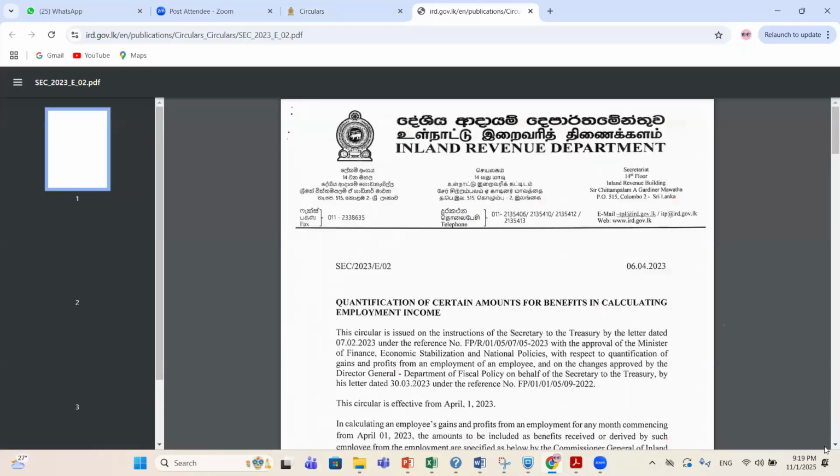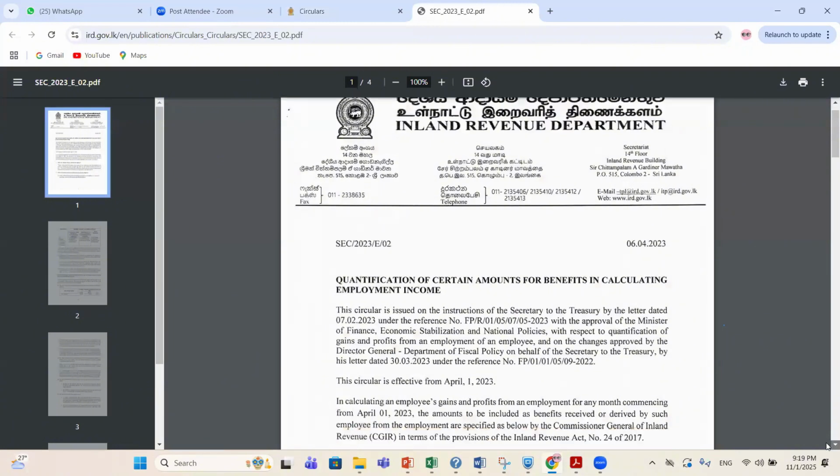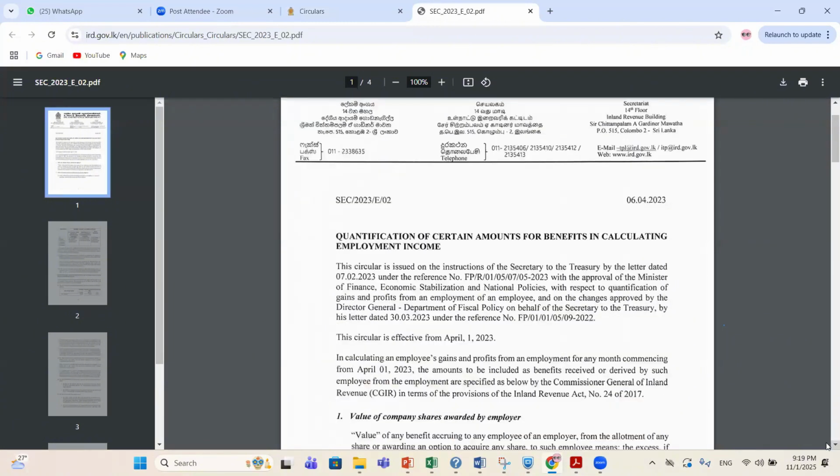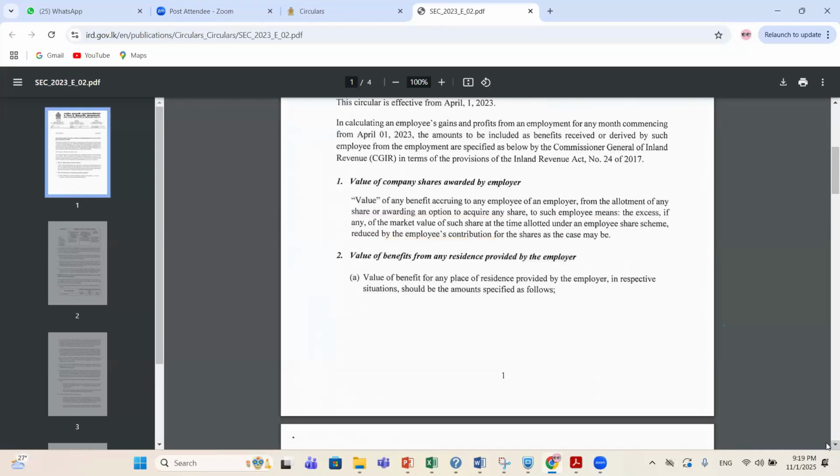This is the circular, right? Hope you can see. This is the first one for the shares, and the second one is the value of benefit from any residence provided by the employer. So we'll start from this one.